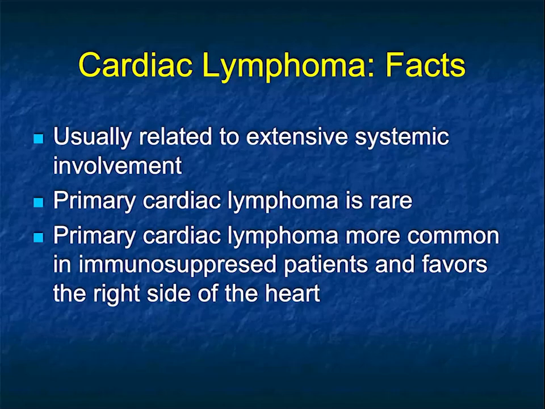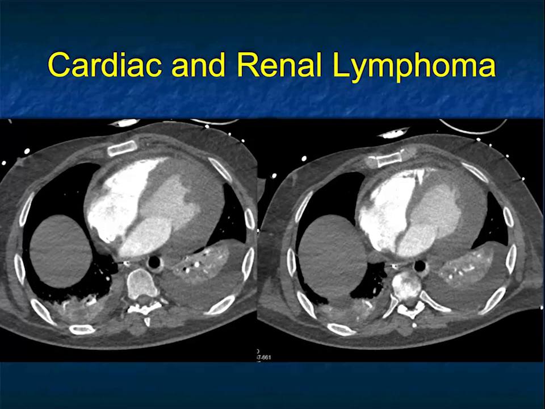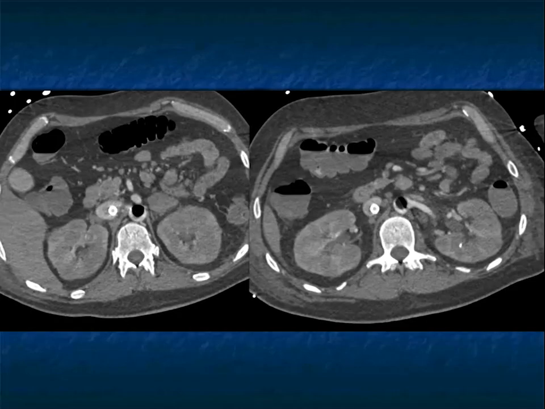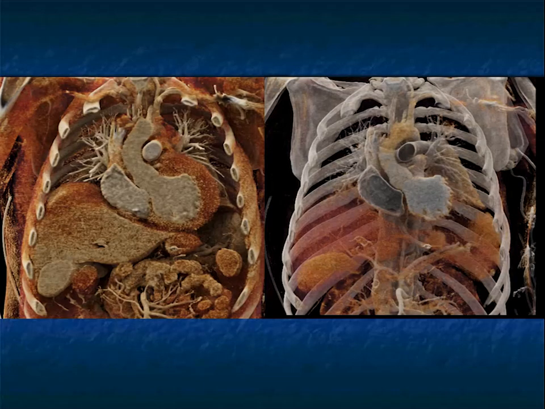So again, usually related to extensive systemic involvement, primary cardiac lymphoma alone is rare. And again, think about patients who are immunosuppressed or AIDS patients. And here's a nice example, infiltration of the left side of the heart, the pericardium. Look at the left ventricle, pleural effusions, consolidation, and then you follow it down into the abdomen. The adrenal glands are infiltrated. The kidneys are infiltrated. So very impressive, very nicely on the cinematic, the infiltration of the left ventricle, the infiltration